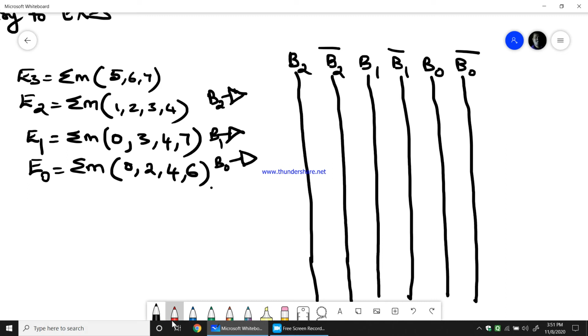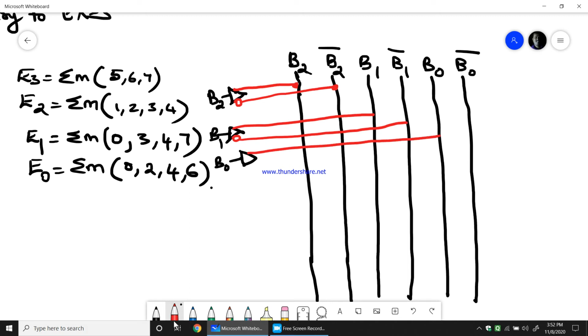One is from here, which is B2. Then the other one will be from the bar, which is B2 bar. Then from B1 it will go to B1, whereas the bar with a bubble will go to B1 bar. Then we'll have B0. Then we'll have B0 bar.